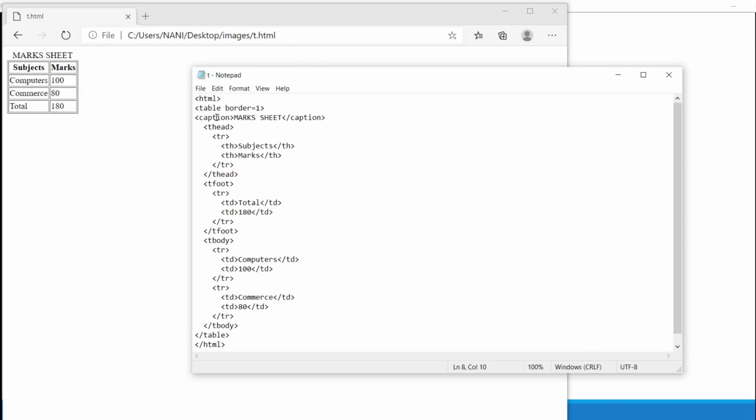Mark sheet. Here I wrote in the caption, mark sheet. And in the thead I wrote subjects and marks. And in the foot, total. This is the advanced tags of the table tag.